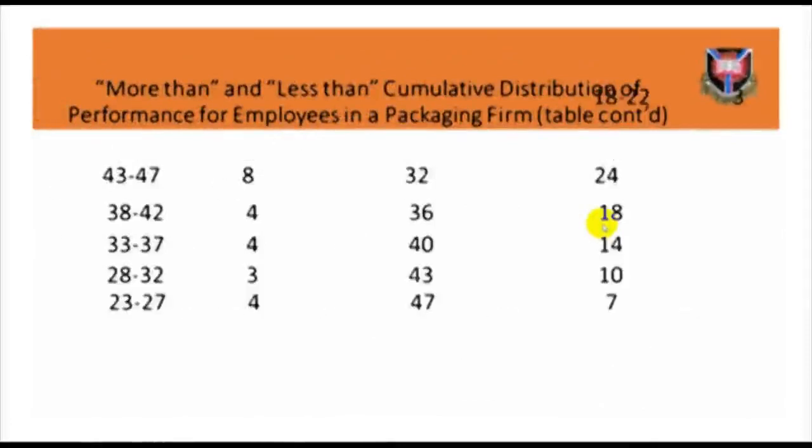It should be noted that the last cumulative frequency must be equal to summation f or n, which is the total number of observations. Otherwise, a mistake must have been made. In our example, summation f or n equals 50. This tallies with what is on Table 9.1. It implies that 50 employees scored 18 or more.